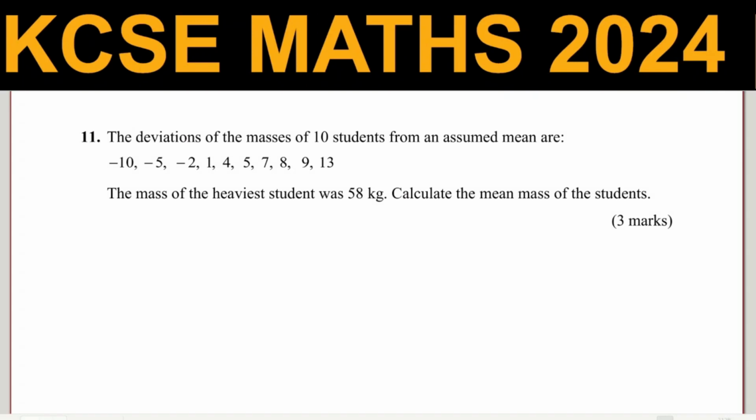The deviations of the masses of 10 students from an assumed mean are -10, -5, -2, 1, 4, 5, 7, 8, 9, and 13. The mass of the heaviest student was 58 kg. Calculate the mean mass of the students. Now we need to get